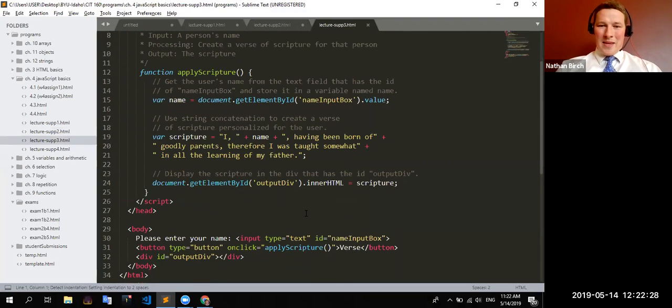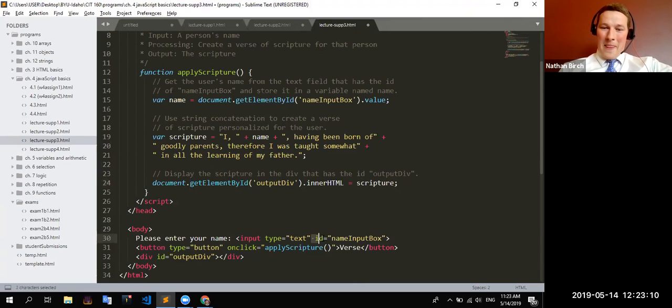So I have the same program. Now, document is part of your HTML page. Okay, it's something built in. It's part of what's called the DOM, and it's what your computer uses to get everything to display on the page properly. But the document object in JavaScript has a lot of different stuff in it. Okay, and one of the functions that it has is called getElementById. In your review questions last week, there was a question: how do you uniquely identify an HTML element? The answer was ID. Okay, as simple as that. That's the attribute that uniquely identifies an HTML element.